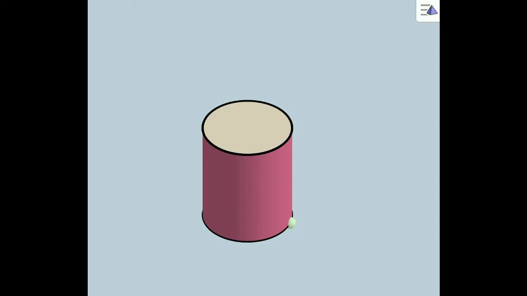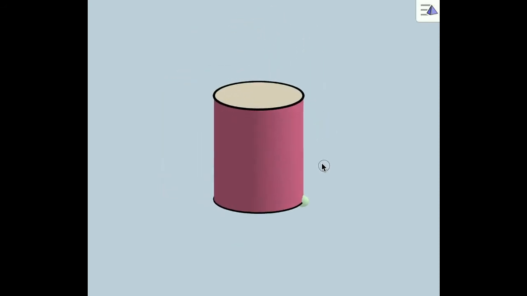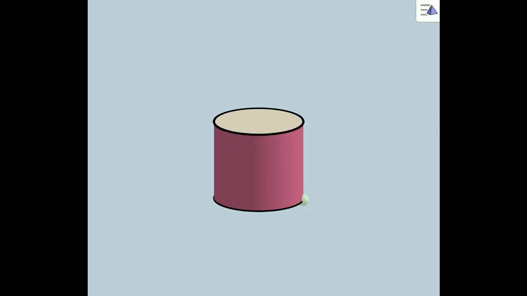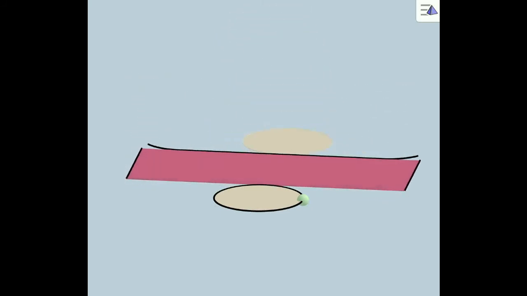Here we're going to do the same thing with the cylinder. So we have a cylinder here. The base is a circle. We have a certain height. In this one, we can actually change the height if we want to. We'll leave it about right here so we can look at this. And what we're going to do is open this up and look at the net. So there's one base,